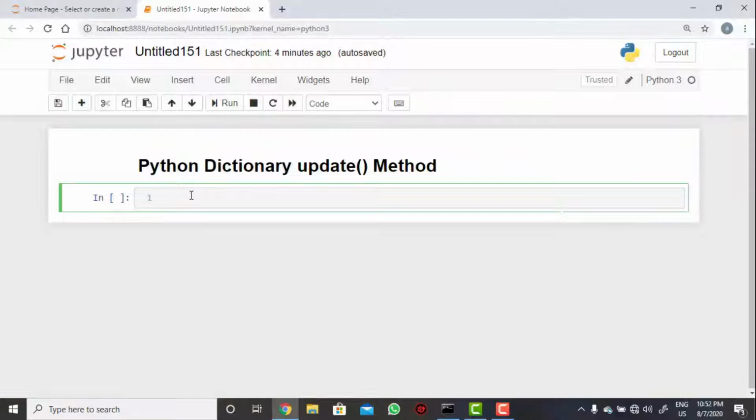Hi everyone, now let's talk about the update method in Python data structure dictionary. This update method can be used for updating the value from dictionary to dictionary. Now let us understand here, d equal to,